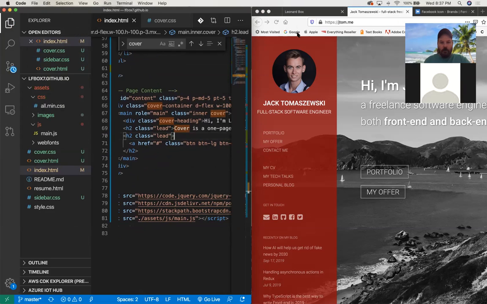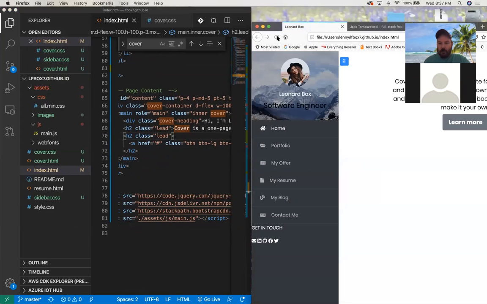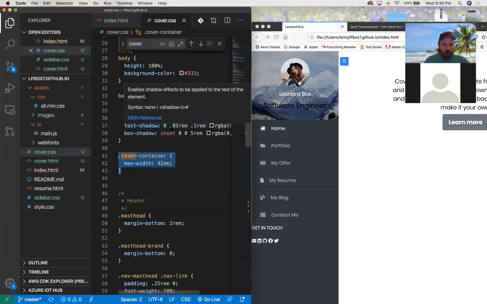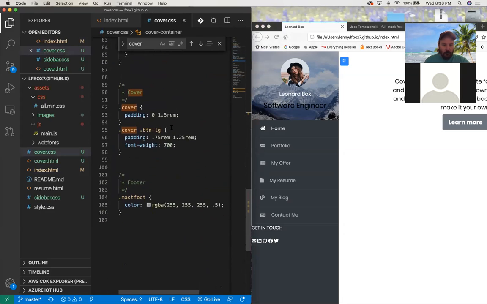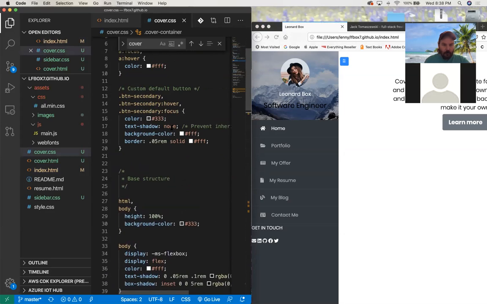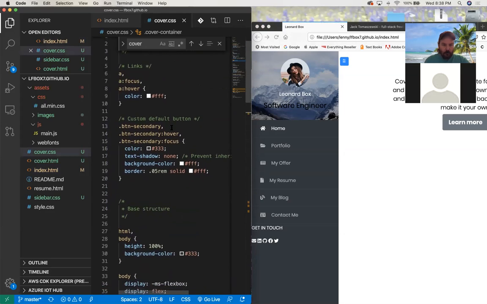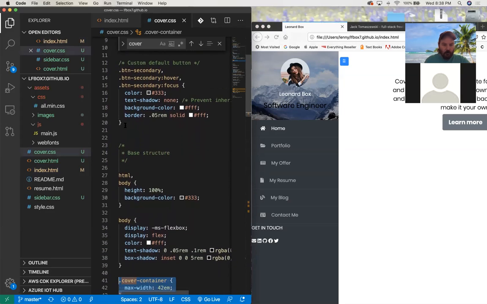Save. Probably, oh, wrong page to save. Probably make it so we shrunk down a little bit. That's okay. So we know that the class is lead. So I'm going to close out. Let me see. Lead. Oh, we do need, before we close out the cover CSS, let's take this